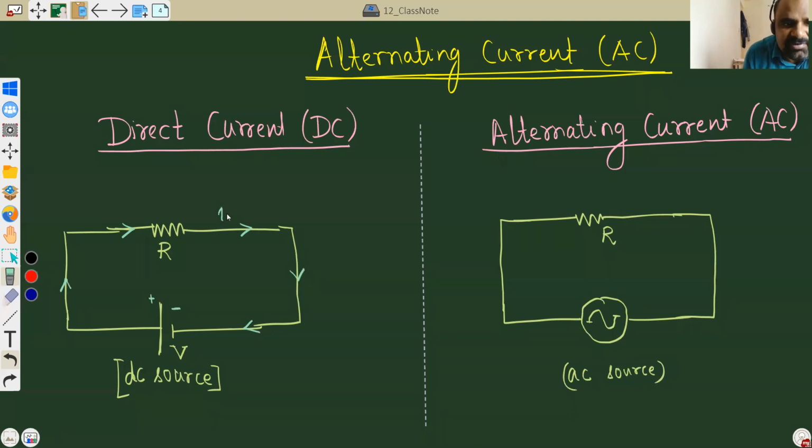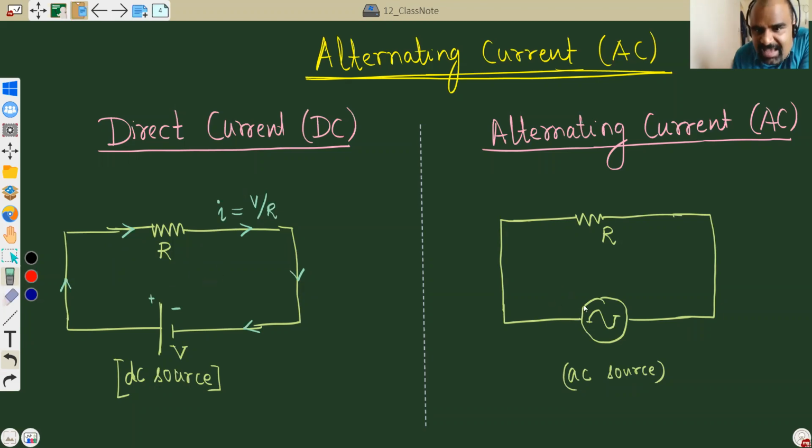Now, whether this current will be constant or variable depends on whether the circuit is purely resistive or there is a capacitor also. If there was a capacitor, an RC circuit, then this current would have been a variable current, but the direction would have been this only, which is clockwise. So this is DC current. In this case, since it's a simple resistive circuit, the DC current is the voltage applied divided by resistor R.